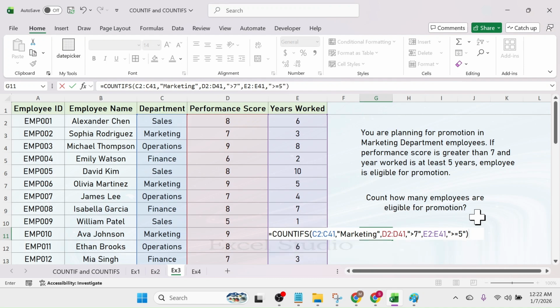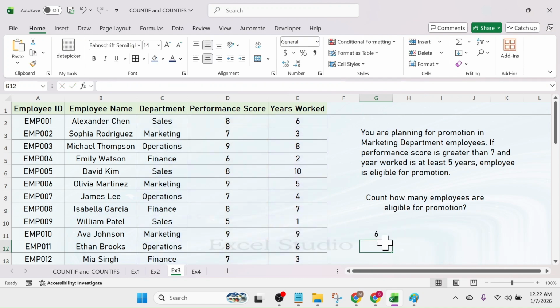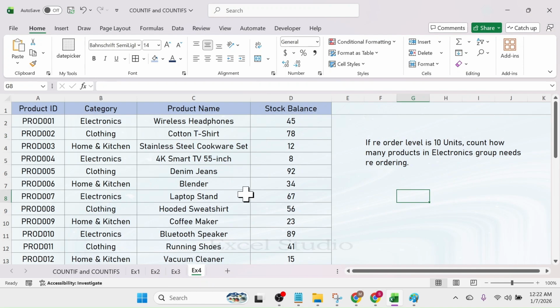Now you can press enter, and here you can see the result is 6, because there are a total of 6 employees who meet all 3 conditions. That is, the department is marketing, performance score is greater than 7, and years worked is greater than or equal to 5 years. Let's go to the fourth example, and here I have the details of product ID, product category,